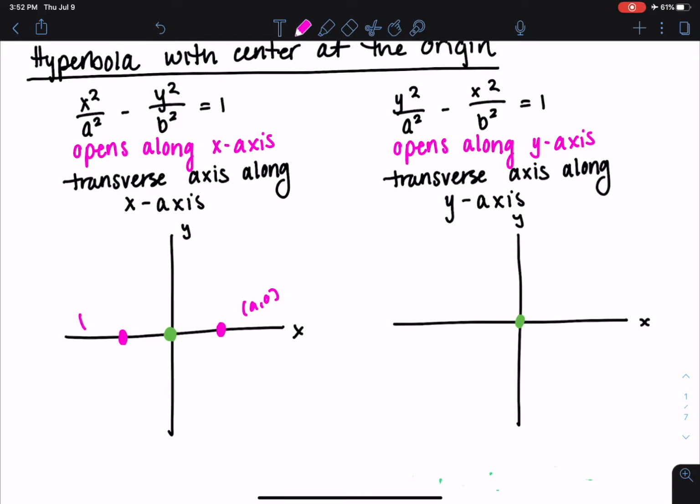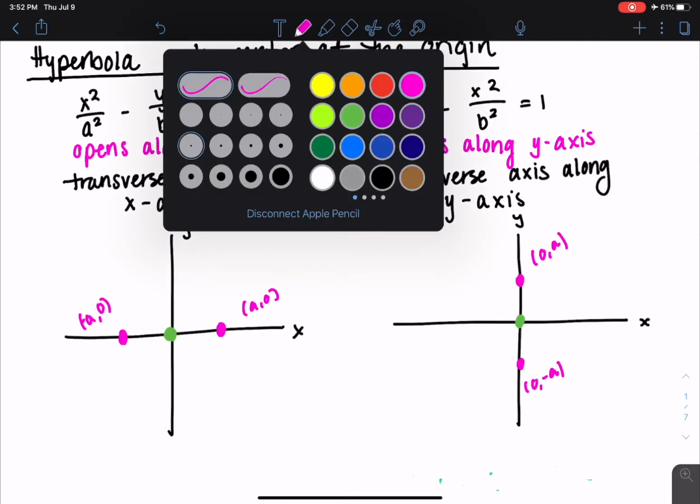So this point will be (negative a, 0). When it opens along the y, you go up and down a distance of a. So (0, a), (0, negative a). Now your foci are also going to lie in the same direction, but we have two other things we have